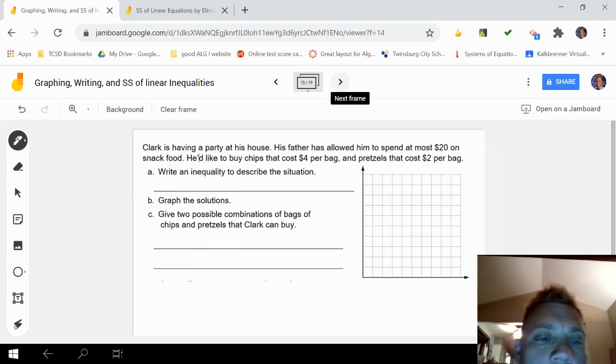Clark is having a party at his house. His father has allowed him to spend $20 on snack food. He'd like to buy chips that cost $4 a bag and pretzels that cost $2. Write an inequality. So